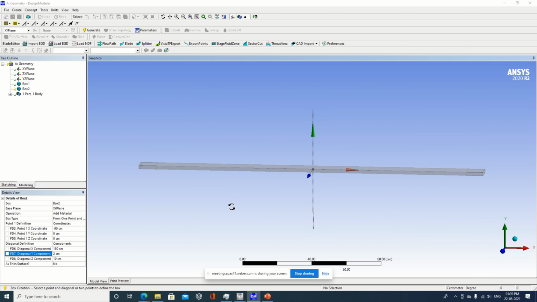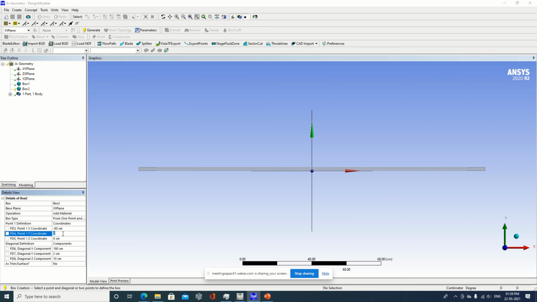But now what has happened? This has coincided with the earlier one. We don't want the object at the same place. We want it slightly downward. So what distance I am taking? I am taking some Y component as minus 2.1. Okay, I have selected minus 2.1. So here you can see a layer which has been obtained at the bottom.